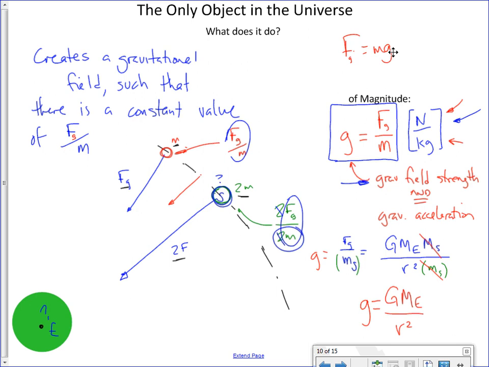Now, what I'm going to do is get rid of this. I used the E before for Earth to just illustrate the fact that when we write that second equation, we use the mass of the thing that made the field, as opposed to here, where we use the mass of an object in the field. And that's a really, really tricky thing to keep straight. All right, but here are two expressions, really for two things: gravitational field strength and therefore gravitational acceleration.